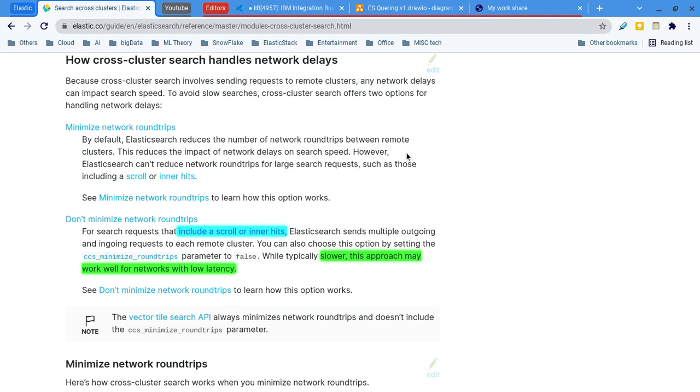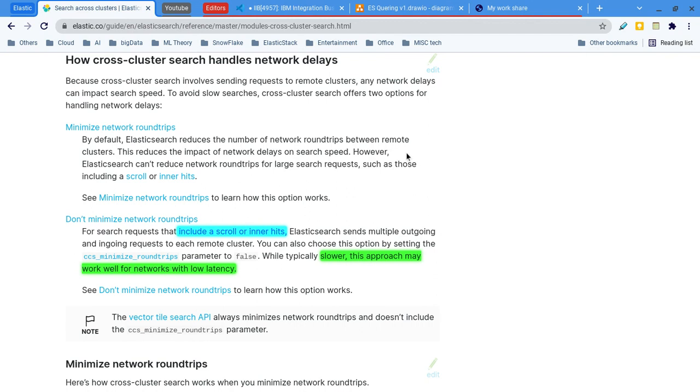How can we solve this? Second, we want to reduce the network traffic, the network round trip, where request and response together count as a round trip. It is good to have a minimal network round trip. These are the concerns when querying remote clusters.